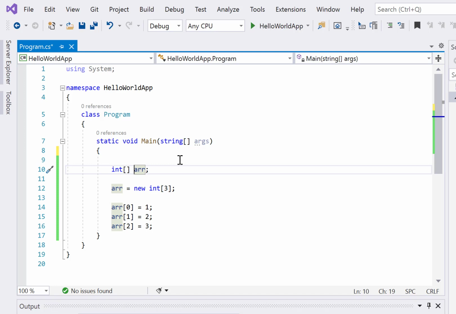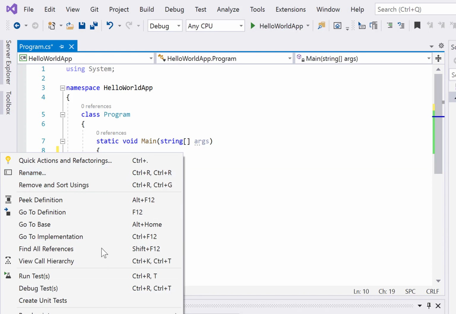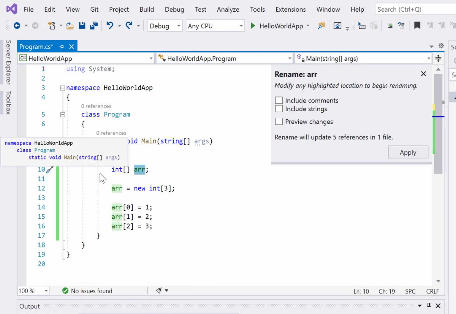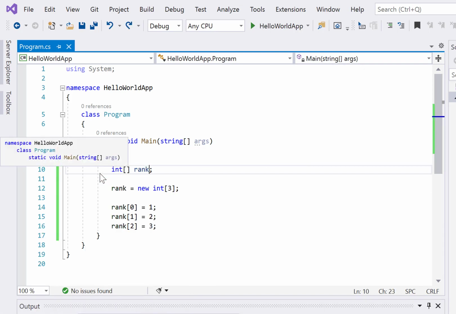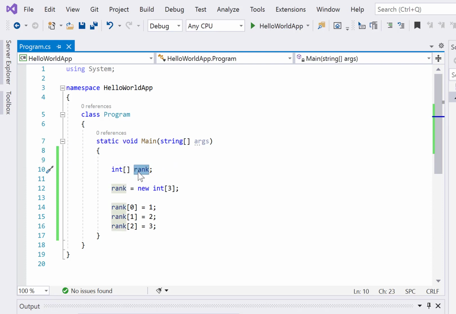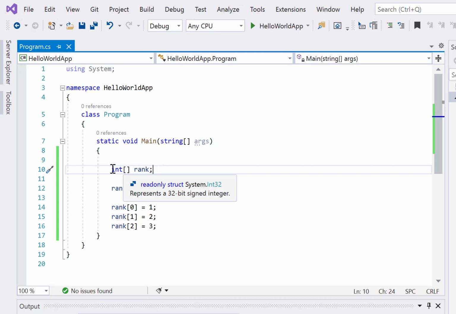Rather than doing this, let me use some better variable names. Let's say I name it rank. So here my rank is an array variable. Why? Because I have defined it with this syntax. If your value is an array, you define it with these square brackets, the indexes. So this is a declaration, where you have declared that rank is an array.